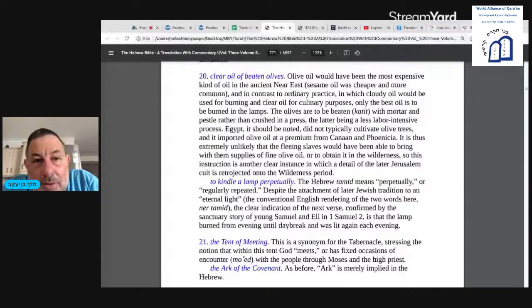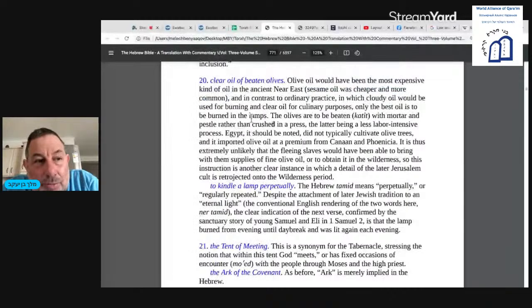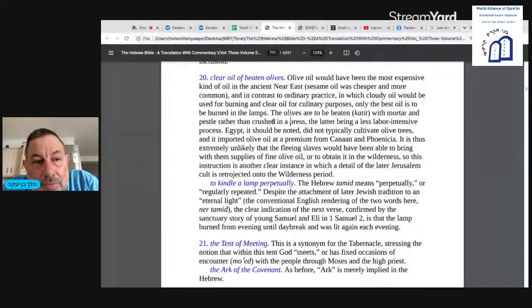Because I always associate sesame oil with the Far East. Thank you, Robert Alter. And in contrast to ordinary practice, in which cloudy oil was used for burning and clear oil for culinary use, almost burned in the lamps. The olives were to be beaten, katit, with mortar and pestle. Interesting. Rather than